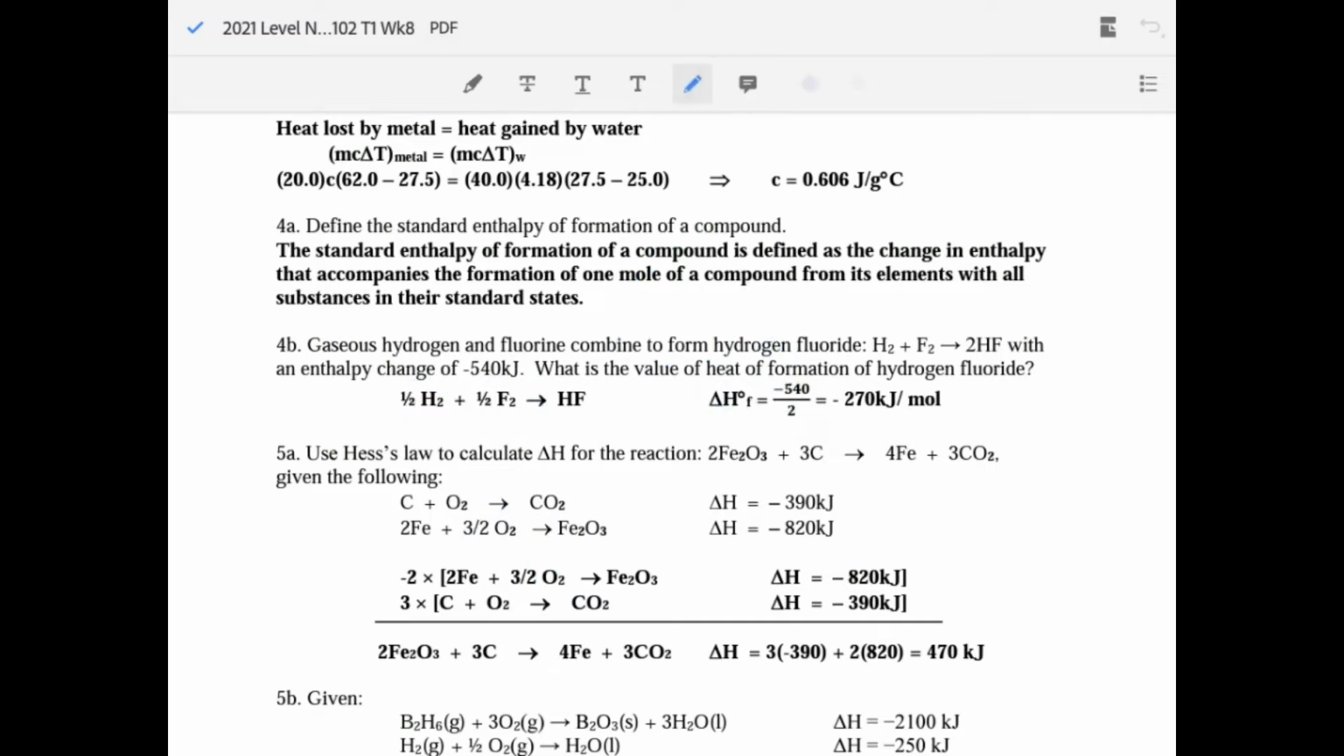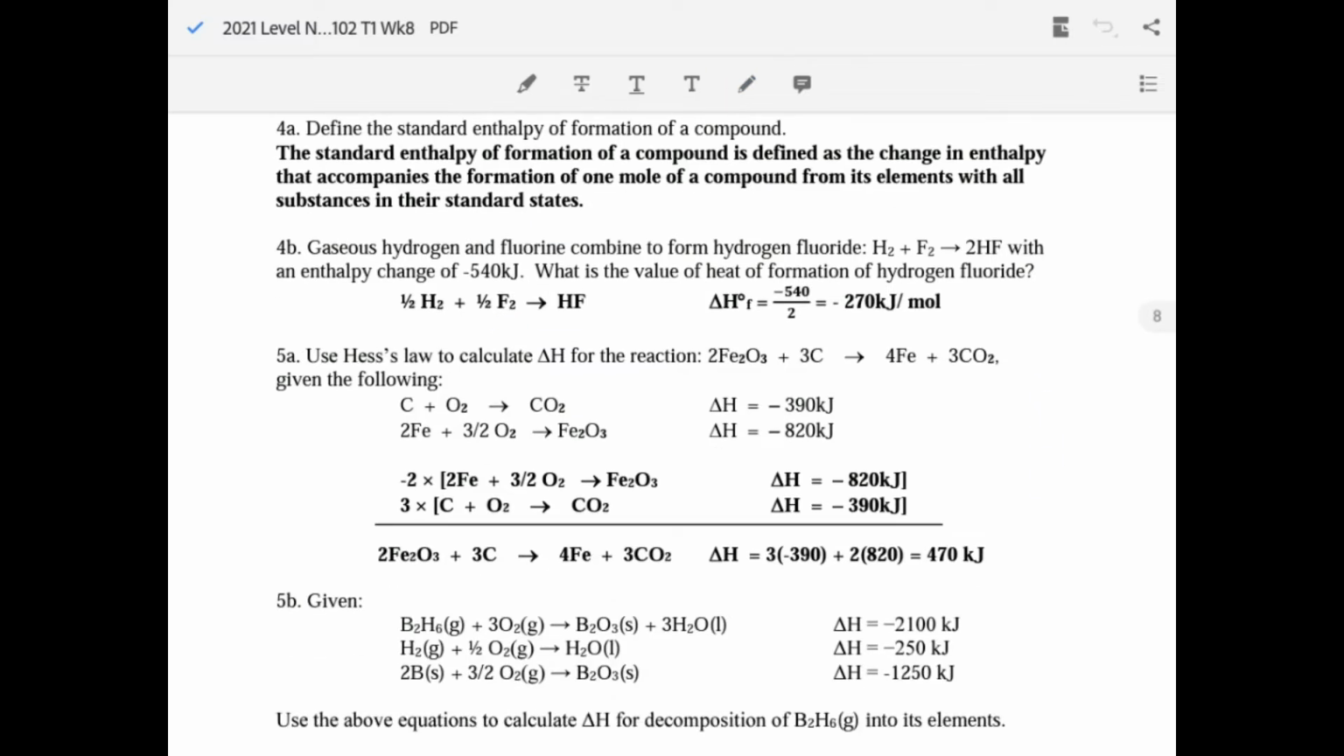The second condition is that it has to be 1 mole of product, 1 mole of the substance produced or formed. So the standard is defined as a change in enthalpy for 1 mole of a compound from its elements in their standard state. So H2, F2, not just H atoms, which are very reactive. Gaseous hydrogen and fluorine. So we have here, that's the formula, because H2 and F2 are the elementary states,